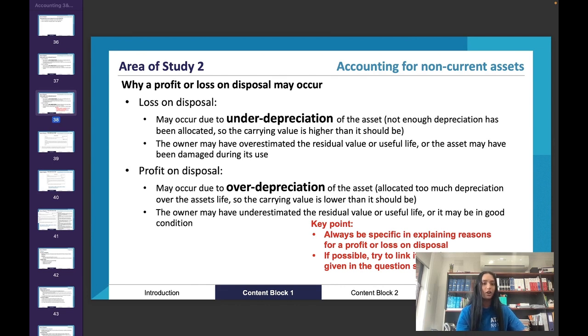Try to read all of that context in your reading time, because then if you go back to question 10 during the exam, you'll remember, oh my god, I remember during reading time they said that the van was damaged, or I remember during reading time they said that the depreciation was calculated wrong. They might have mentioned that. So always read that information. Don't just skip over it. And when you're doing your theory responses, try to link that contextual background and that extra information that they give you, try to link that in your responses.